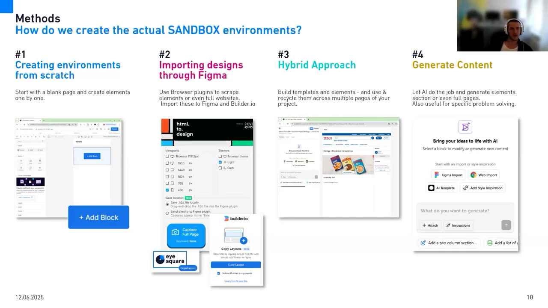So there are different ways to achieve results, and the simplest and the most logical one would be to just start from scratch with a blank page within the visual editor and just add blocks of text, blocks of images. This could be interactive elements, you name it. The other one, which is also very interesting, is to import already made designs through Figma. So Figma has the option to import or to upload designs into Builder.io, and